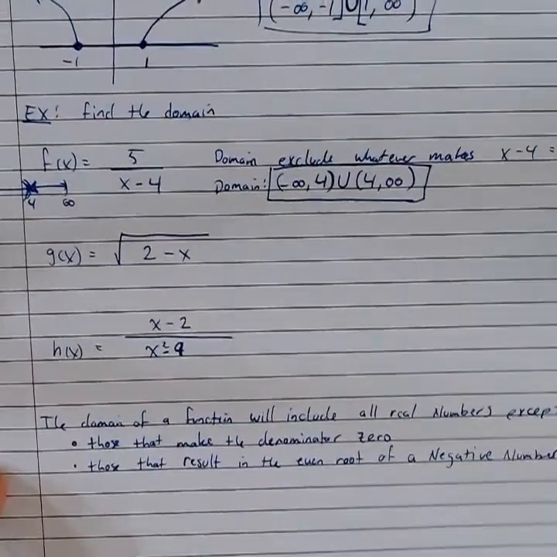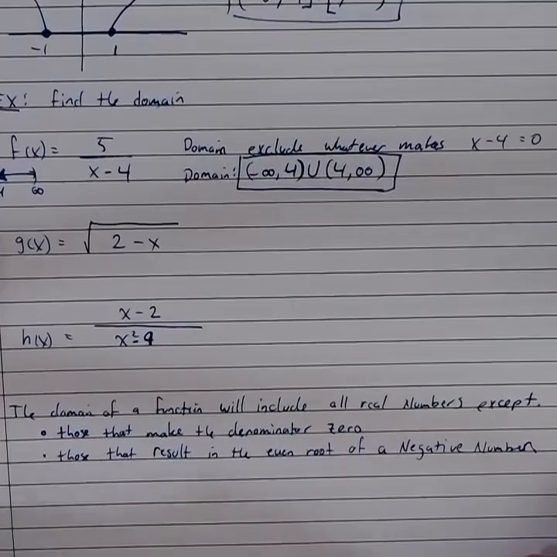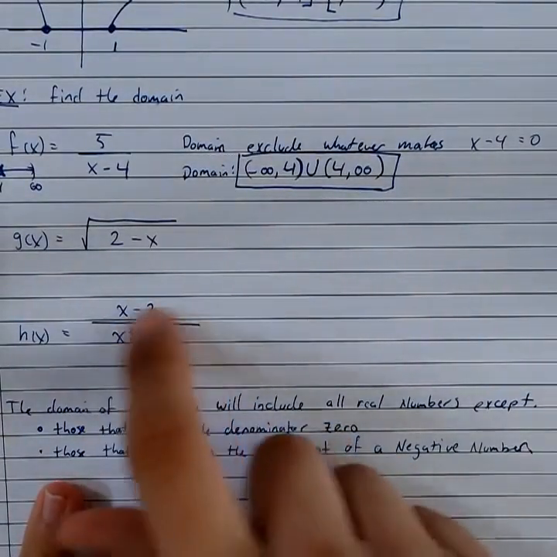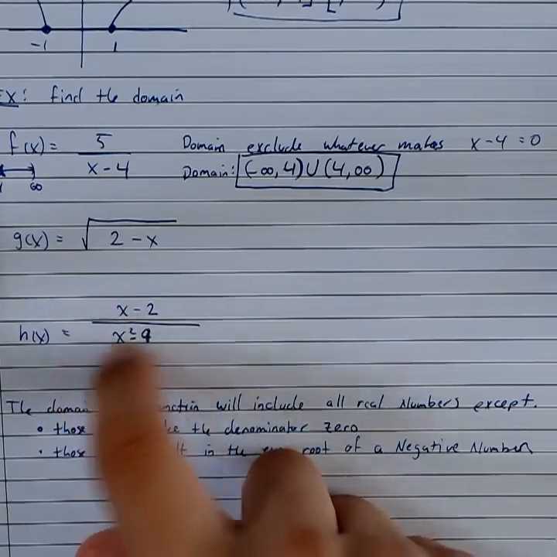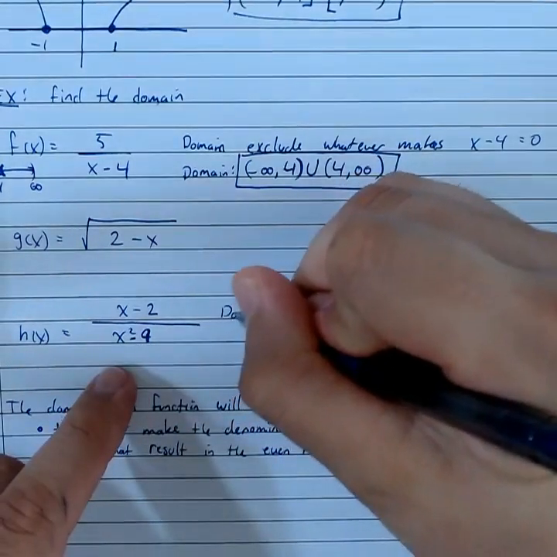Let's go ahead and look at this third one here. We'll come back to the second one. Looking at the third one, again, we want to exclude whatever gives us the even root of a negative number. Well, again, there's no square roots or fourth roots or sixth roots anywhere in this problem, so we don't worry about that one. But we do have a denominator, so we have to exclude any number that makes the denominator 0. Okay, so the domain will exclude